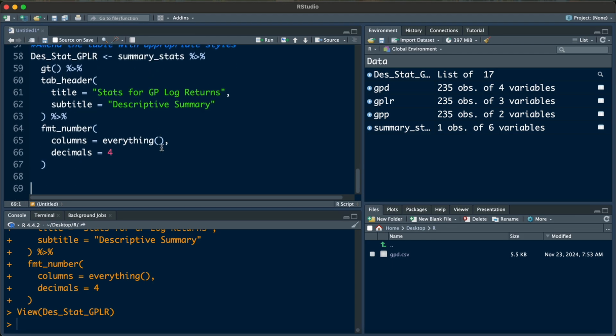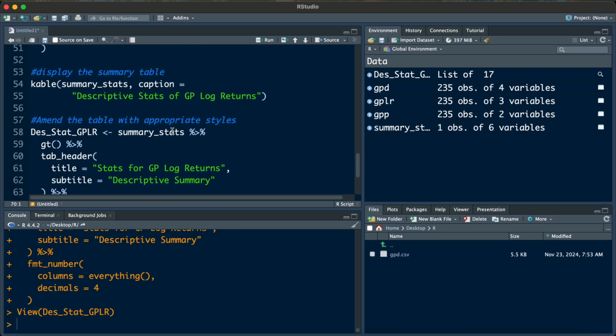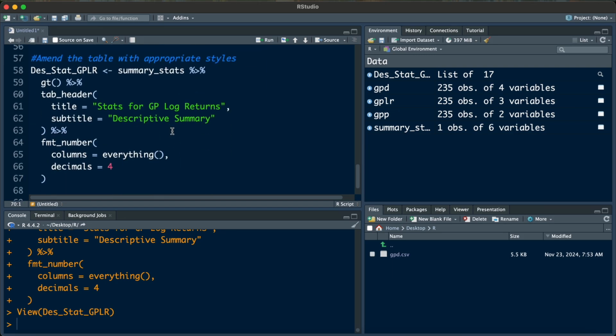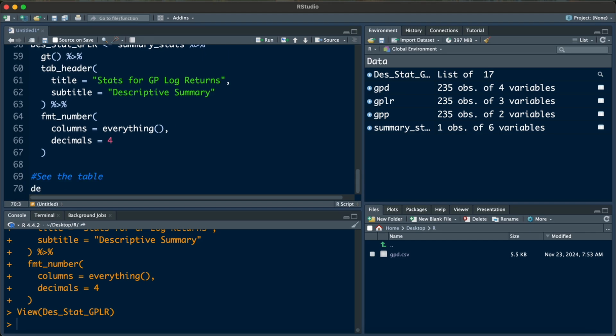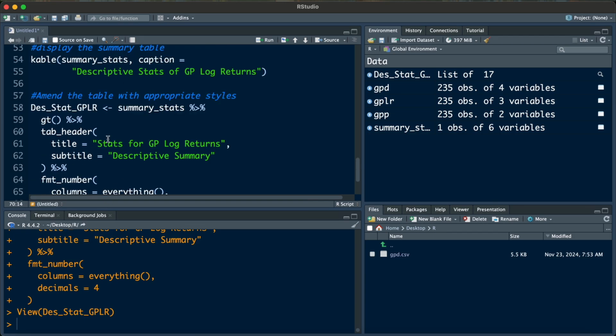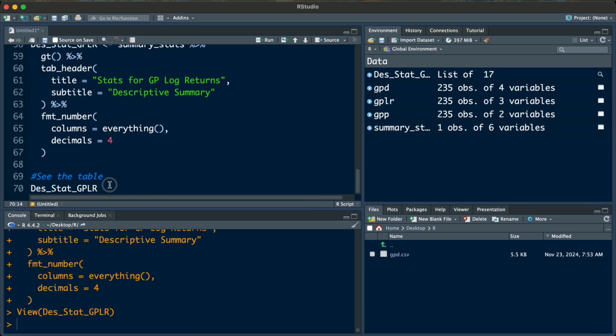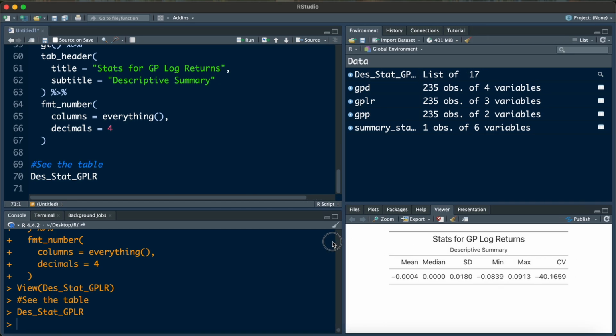So how to see the table? We just press des stat gplr. This is the name of the table. Okay, and then control enter, and you can see we have the table here,